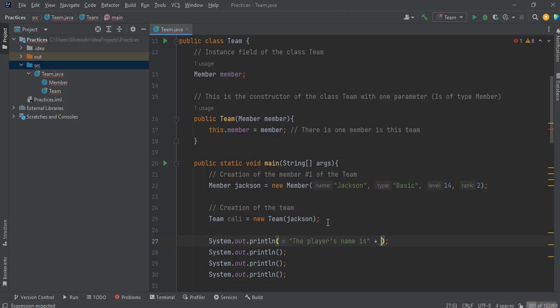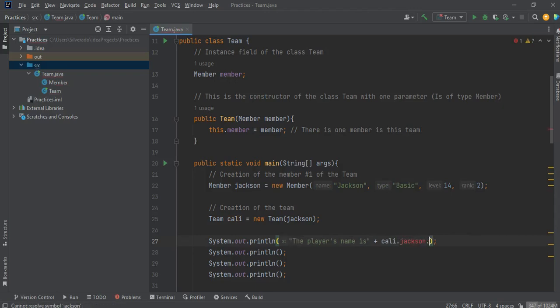We cannot get access to Jackson, who is the player of the team Kali, without getting in touch with Kali. So what do we do right here? We literally type Kali first, right? Kali first, dot Jackson,